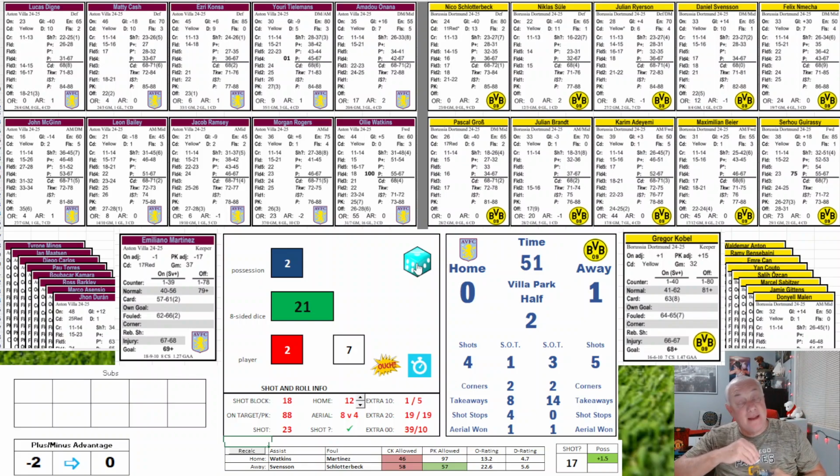One thing that Villa does have is John Duran on the bench, who was their top carded player. He had enough minutes to qualify to be a sub, so he is on the bench. If he subs in, that's probably their best chance for a goal. Okay, 221 is a P.